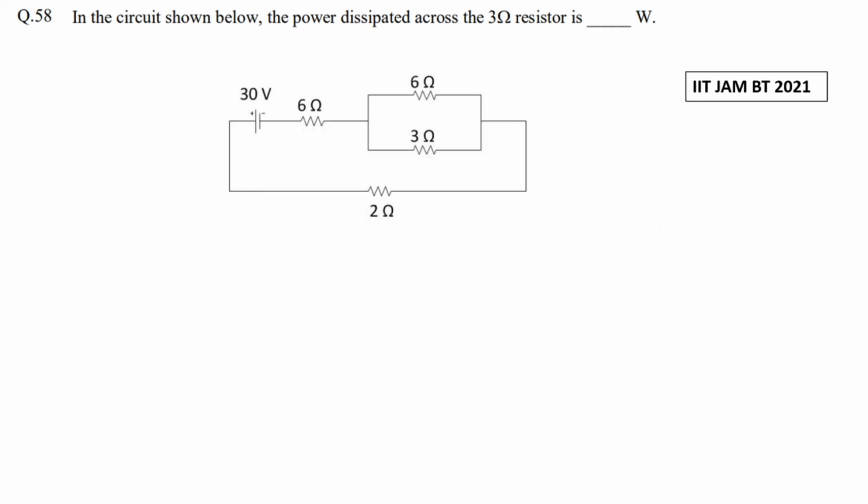In this video, we are going to solve another problem which came this year, in the 2021 Biotechnology paper of IIT JAM. Here the question is, in the circuit shown below, the power dissipated across the 3 ohm resistor is dash watt. So we will solve this problem, but before that I would like to tell you a very